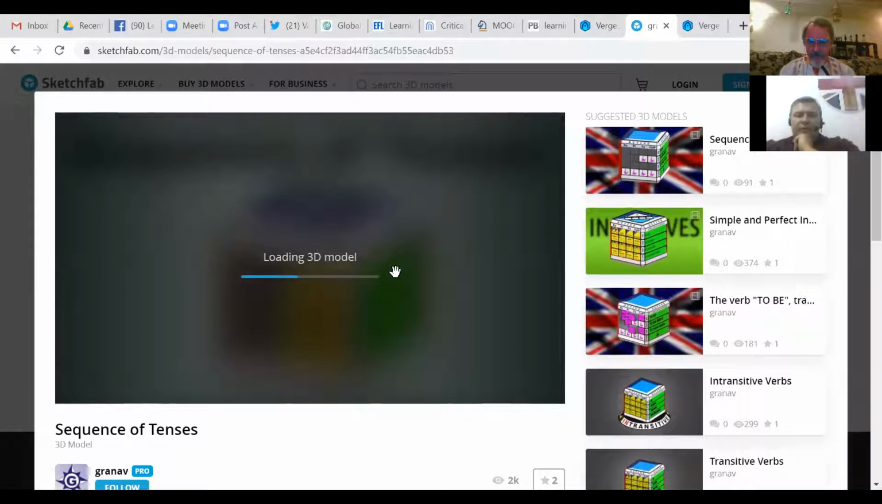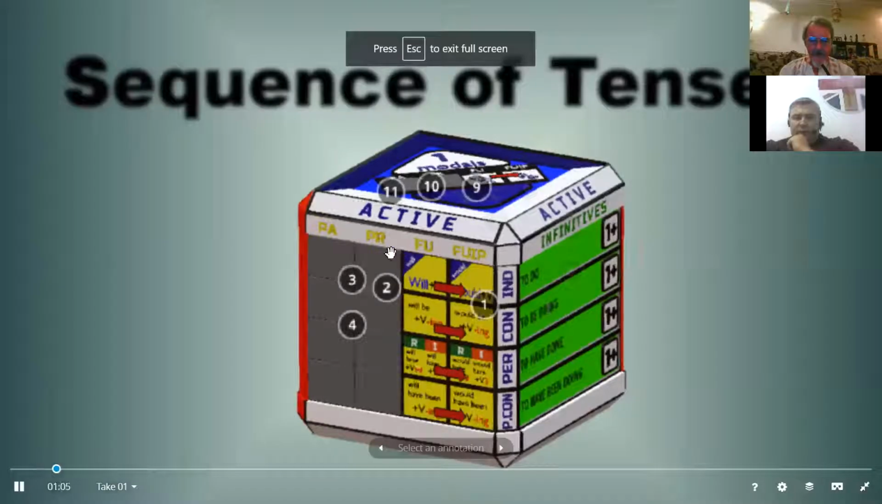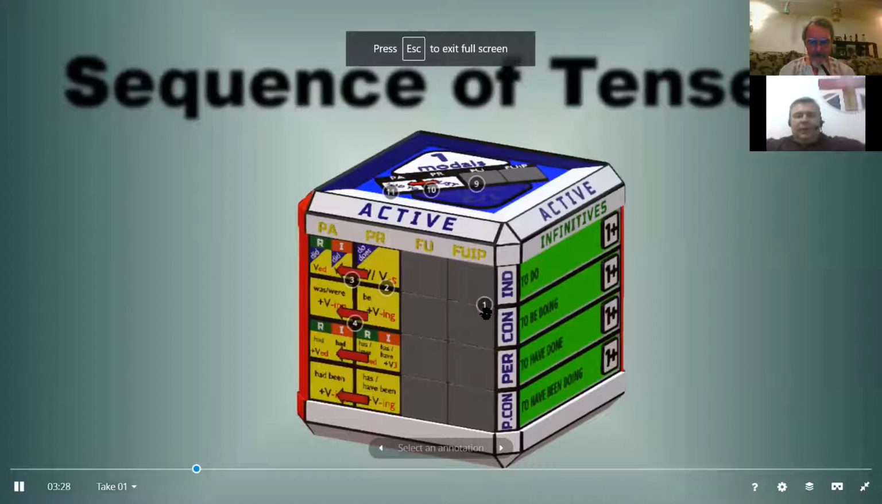Well, we should give it a little time to load online. Okay, so now you can see. Can you click it to make it a whole screen? It's on the down. Yep, okay. So now if you click one,